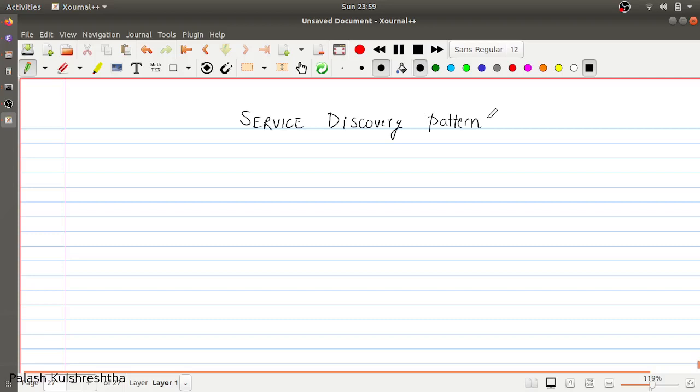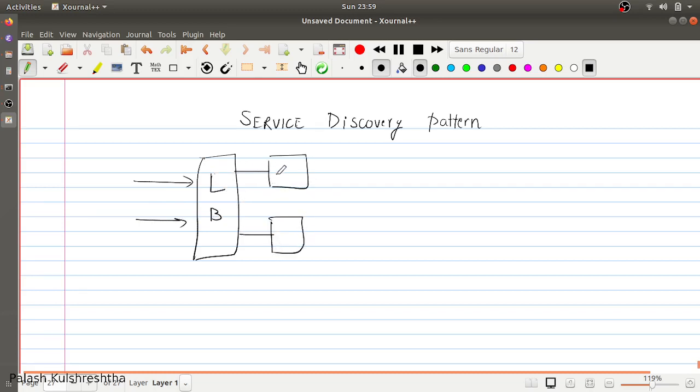This is more of an architectural pattern. Instead of the conventional flow, in conventional services, traffic lands on the load balancer, and the load balancer sends the traffic to the backend instances. For example, I1 and I2.